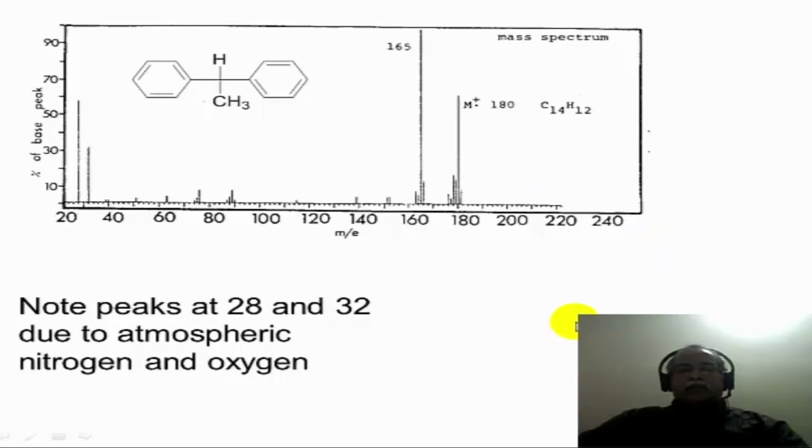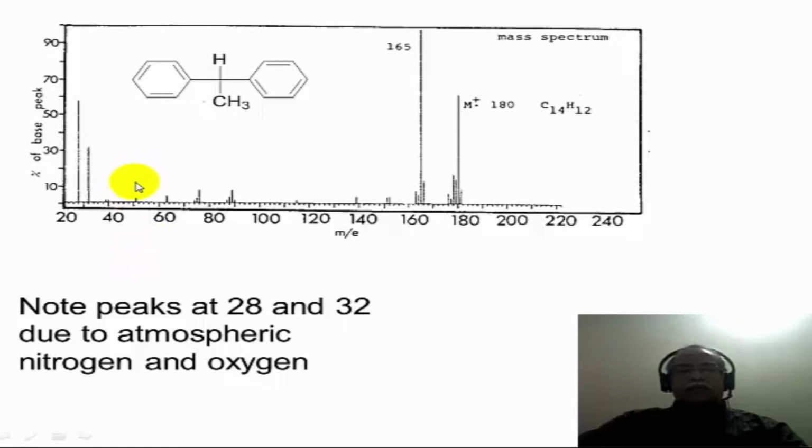Here is an interesting mass spectrum. This is a hydrocarbon molecule with a molecular weight of 180. So one sees the molecular ion peak, a fairly intense peak in this particular case. The second fragment that is seen, which is the base peak, is 165, corresponding to a 15 mass unit loss. The 15 mass unit can only be a cleavage of this carbon-carbon bond with the loss of the methyl group, resulting in the diphenyl methyl cation, which is a resonance stabilized cation. You don't see any further fragmentation because of the relatively high stability of the diphenyl methyl cation, which is recorded as the base peak.